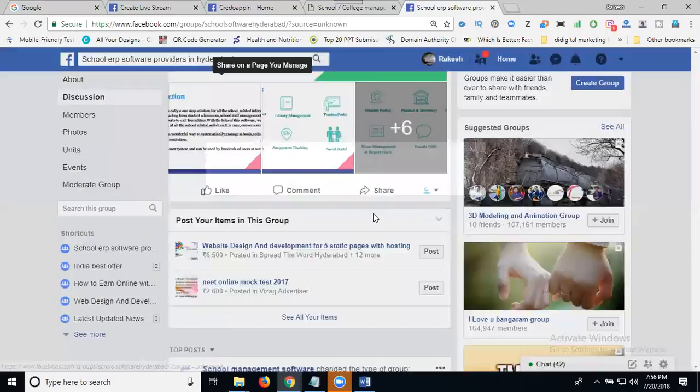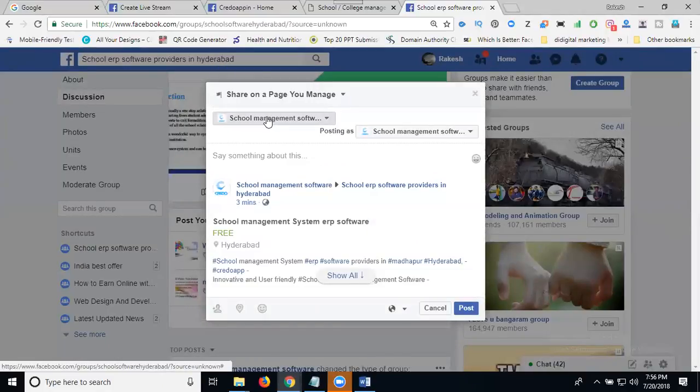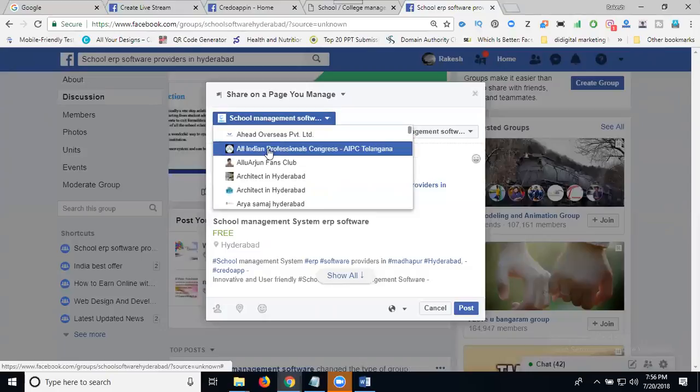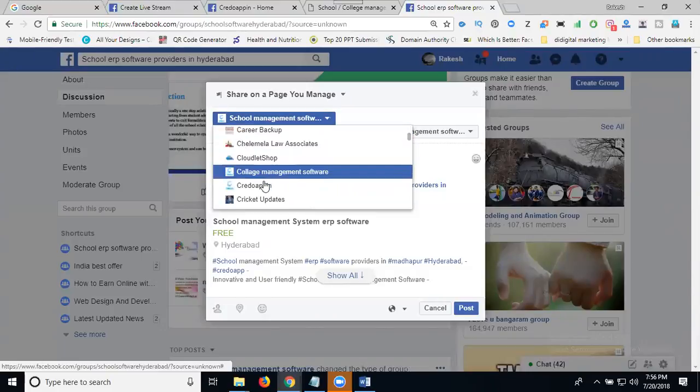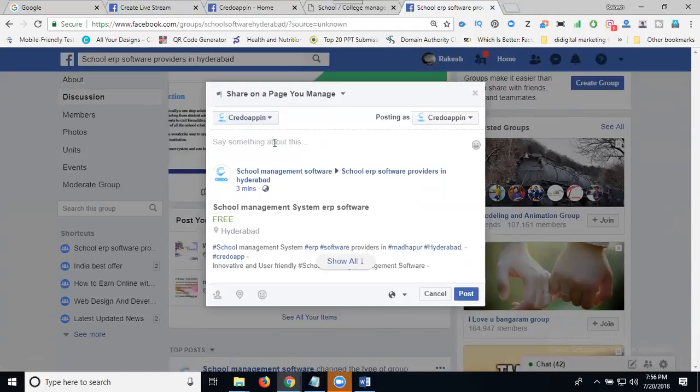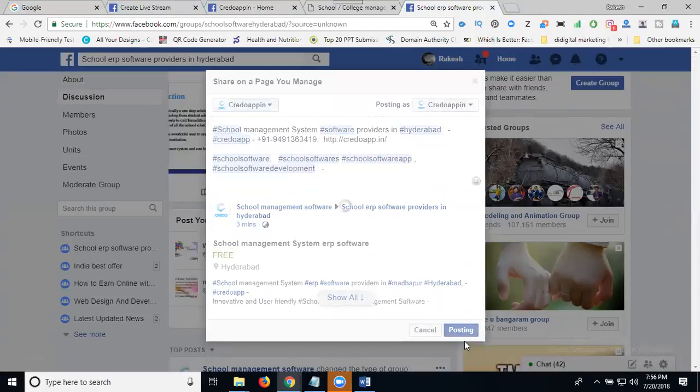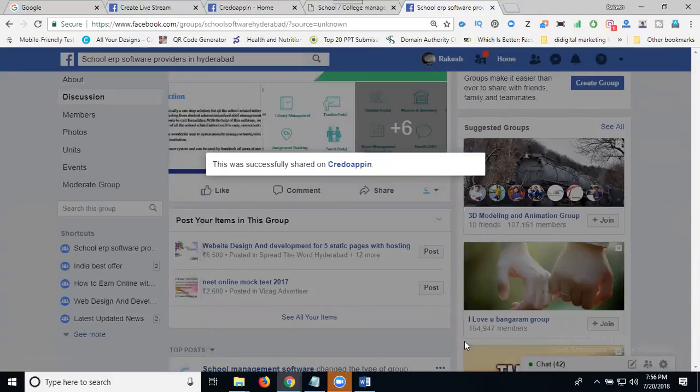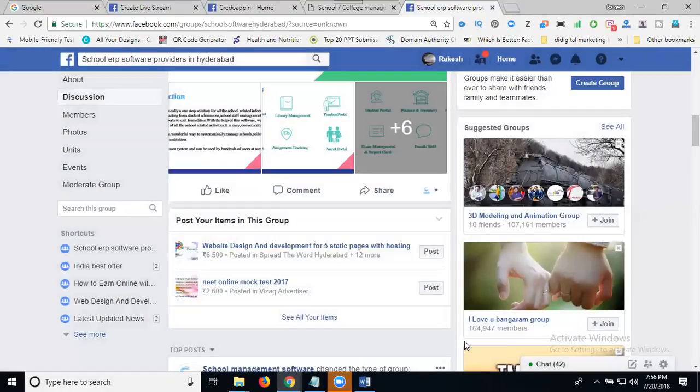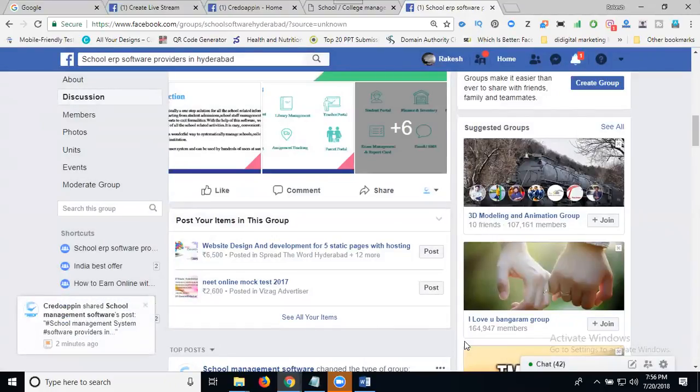Share to, you can share to your number of options. I can share to my pages. Just here, selecting the page. Now click, select here, click post. It's clear. We can add your product in a Facebook group, share to a Facebook page, profile, and we can share it to Facebook groups also. This is called selling your product in Facebook groups. Only select the sales and buy option in Facebook groups, and they will accept you selling your products.